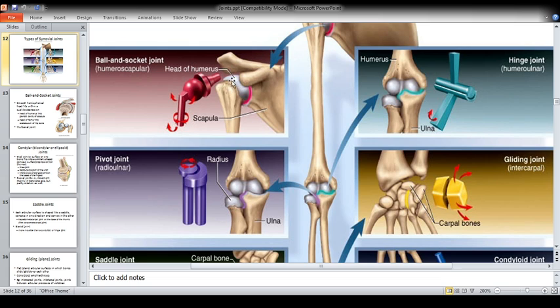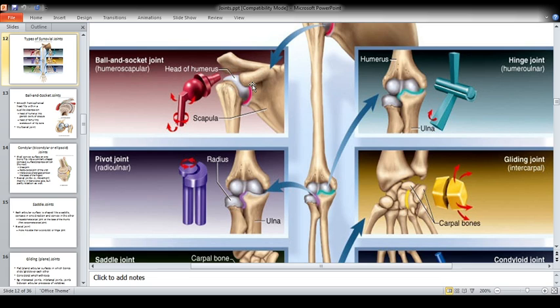The head of the humerus forms a ball and socket joint. Moreover, the femur that is present in the leg would also form a ball and socket joint. What happens here is there is a long bone whose upper end is formed like a ball, the head of the humerus or the head of the femur. It is transformed into a structure like a ball and it fits into a socket that is present on the upper